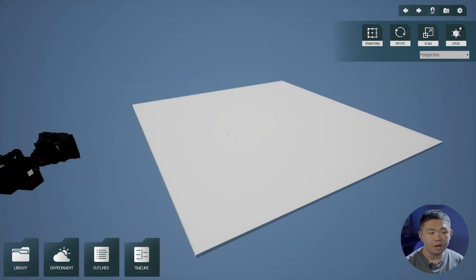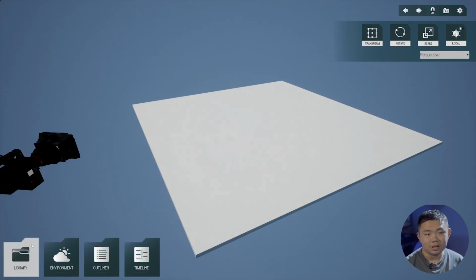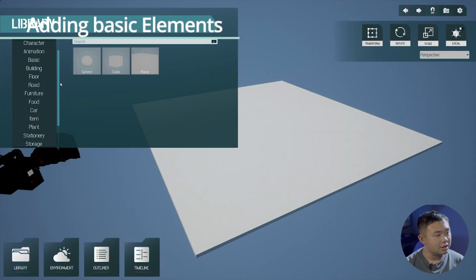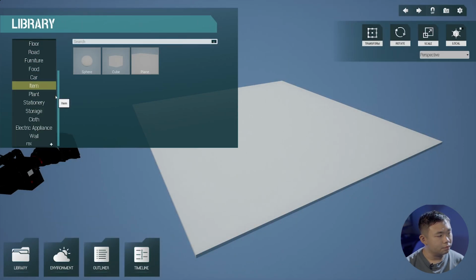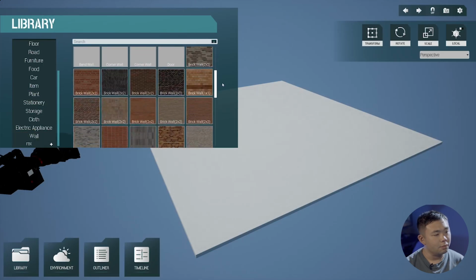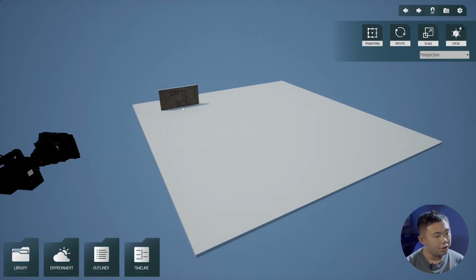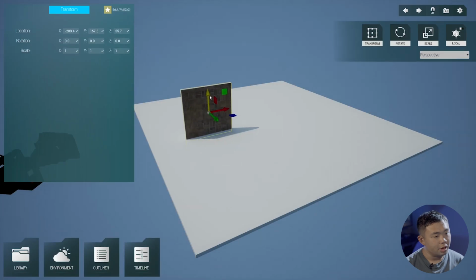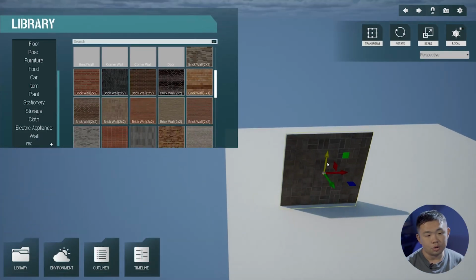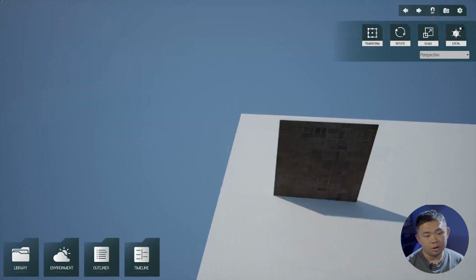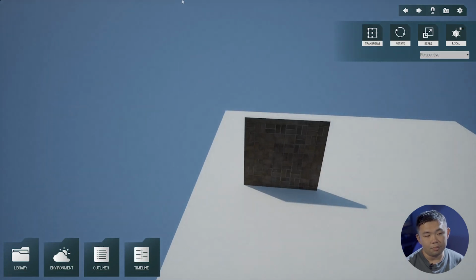So the very first thing we need to think of is how big our bedroom is. Normally in Hong Kong, our bedroom is relatively small. So we can start with placing some walls. Let's go to find wall. Here we have lots of different walls, and maybe we want a brick wall, so we can put a brick wall here. In the library, you can see that it's 2 by 2. That means this wall is 2 meters by 2 meters. So I suppose our room is about 3 by 5, around this number.